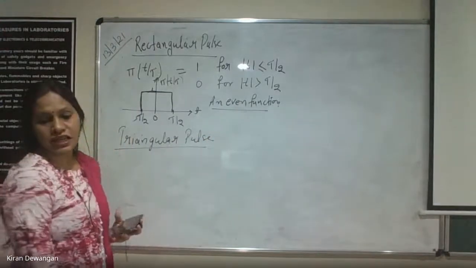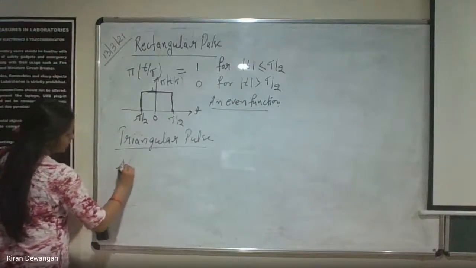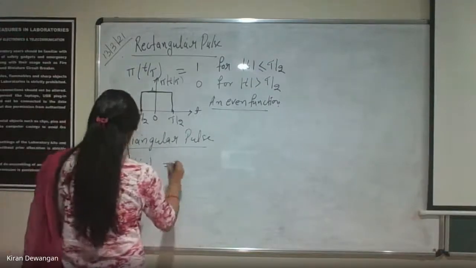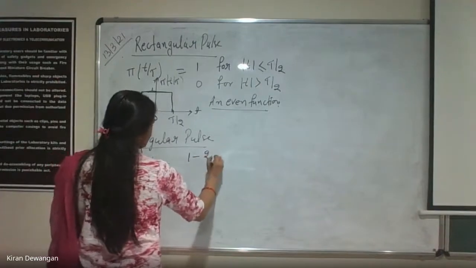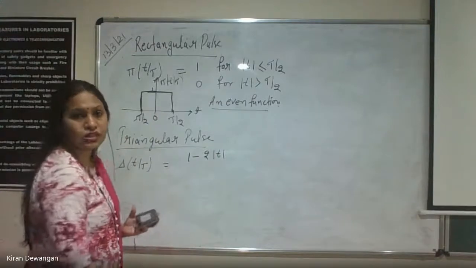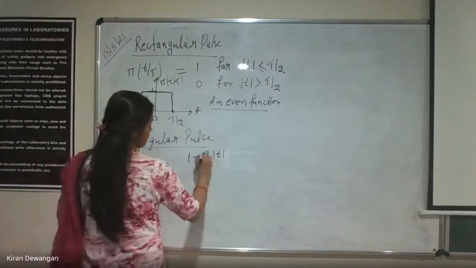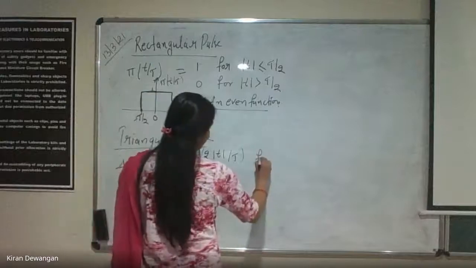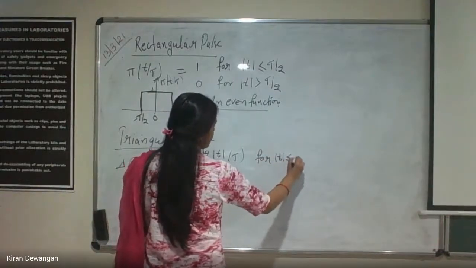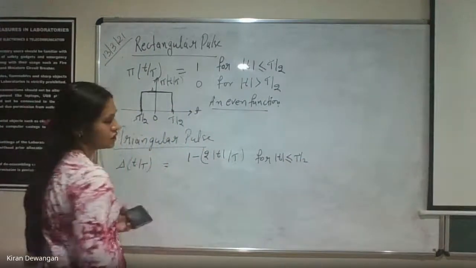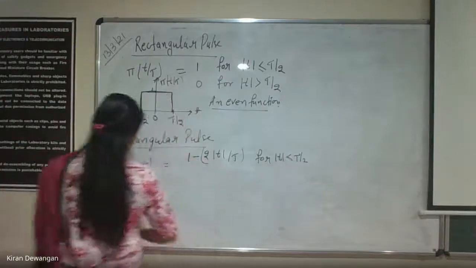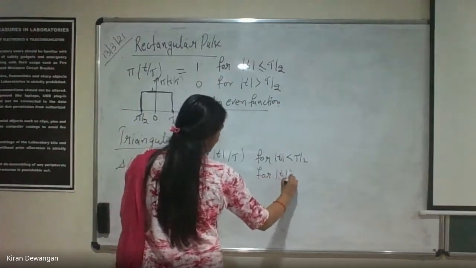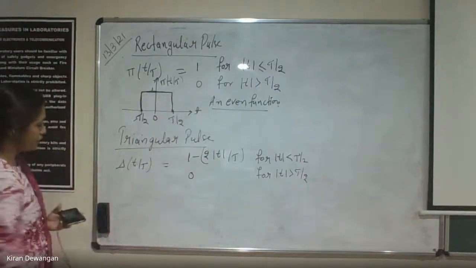The triangular pulse is defined by triangle of t by tau, and it is equal to 1 minus 2 mod t by tau for mod t less than tau by 2. Not less than or equal to, it is just less than. Okay, and this value is 0 for mod t greater than tau by 2,